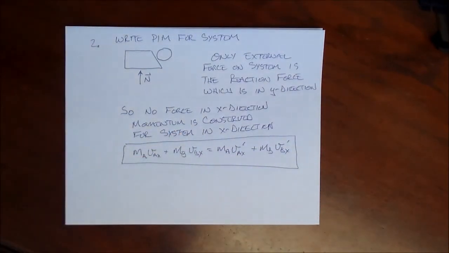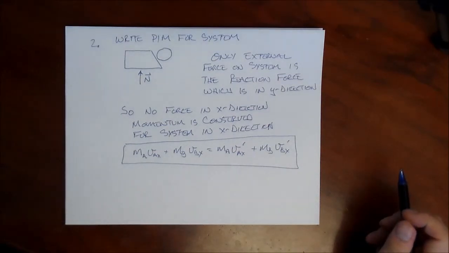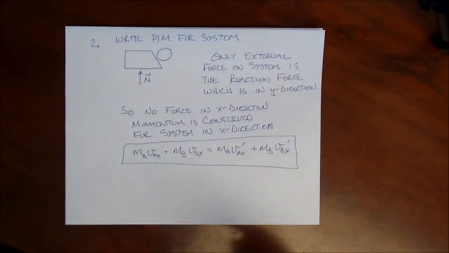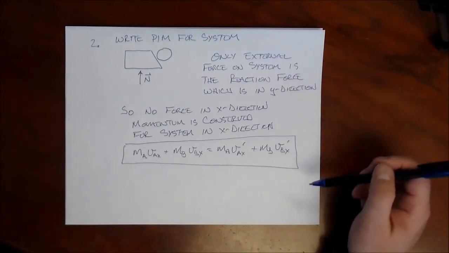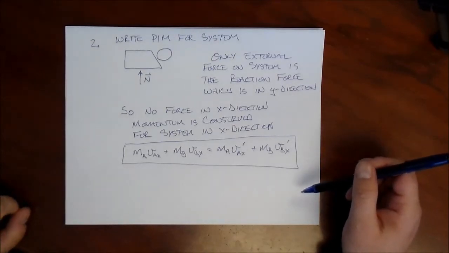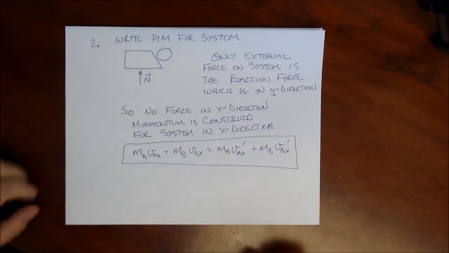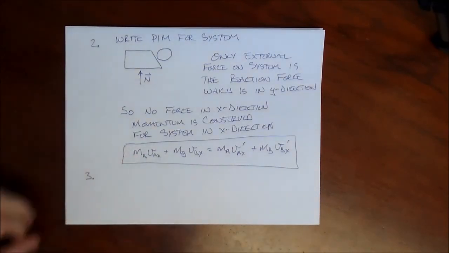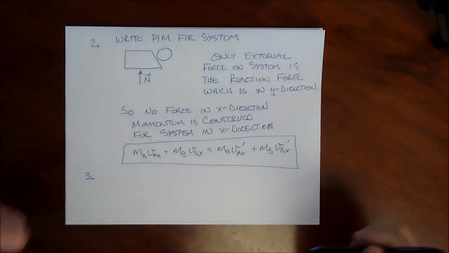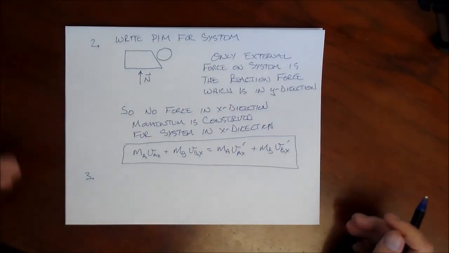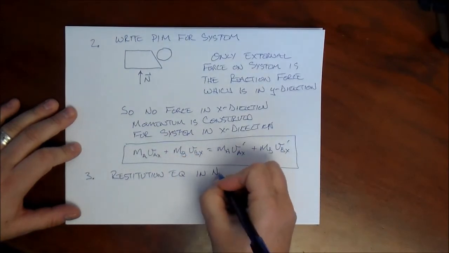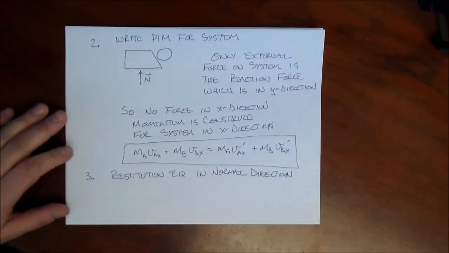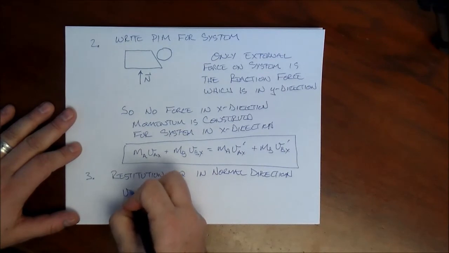So you see what I mean earlier when I said we are mixing component systems. Our first equation was written in the tangential direction. Now we've written an equation in the x direction, and it's okay to do that. We just identified the direction in which momentum was conserved for the system. And now we've got one final equation we need, and that is the restitution equation. And the restitution equation always applies on impacts in the normal direction. So writing out restitution in the normal direction,